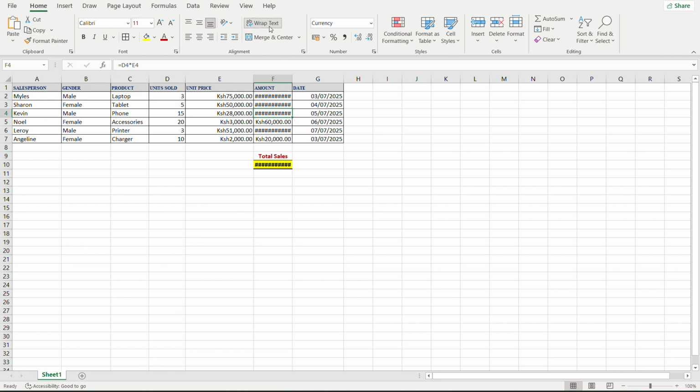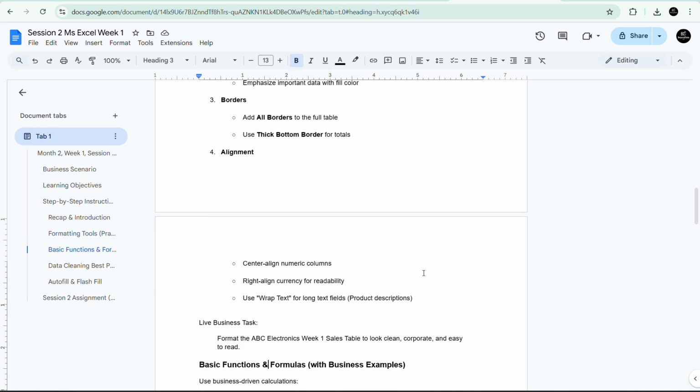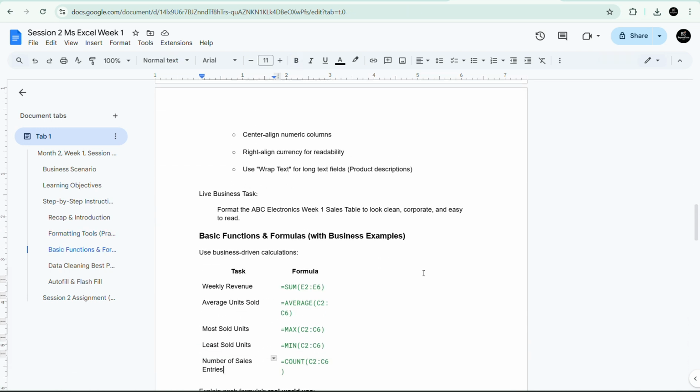So that's very, very important. We have looked at wrap text, what it does on the Unisoled. We did that and we saw how it works. So some of the things are straightforward as we have already interacted with. Now,